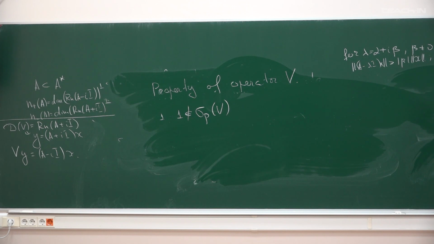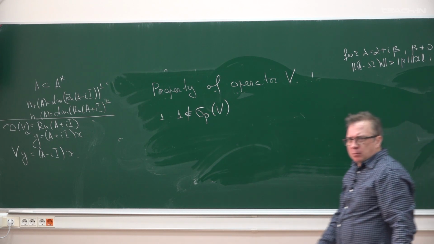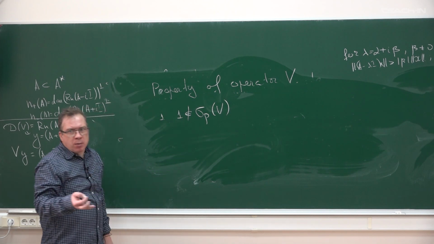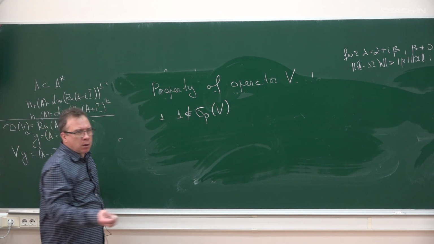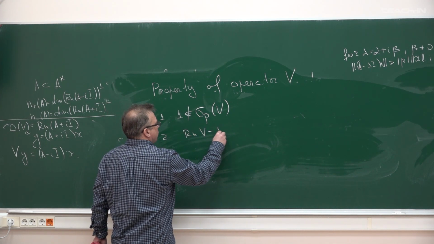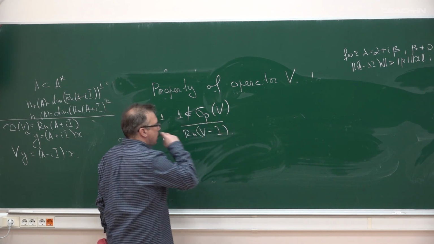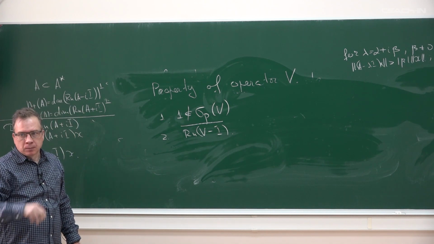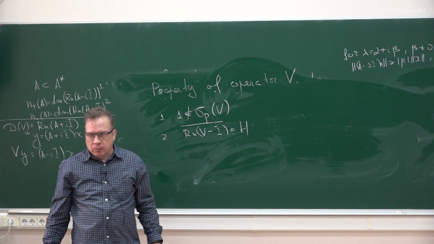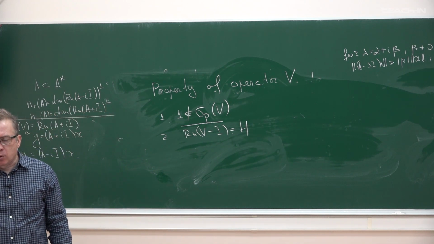So we can define the inverse operator (V minus I) inverse, because the operator is injective in this situation. It may be unbounded, but the operator exists. And second, I state that the range of this operator is dense in H. The closure of the range of this operator gives us the whole space. So first this,